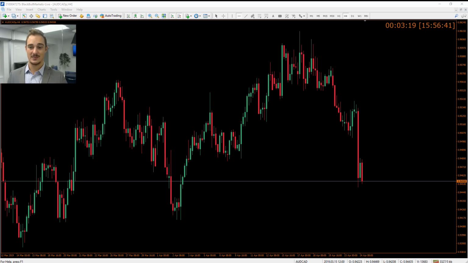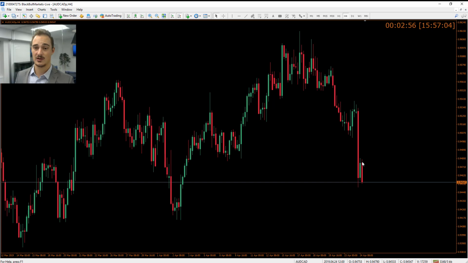But we'll dive into it and show you what we've got. So first of all, here we've got the Aussie CAD. This is a 4-hourly time frame. After this very strong move to the downside, we can see it's created this candle back to the top. Now if this new candle closes below this area or where it is now, we can see this as